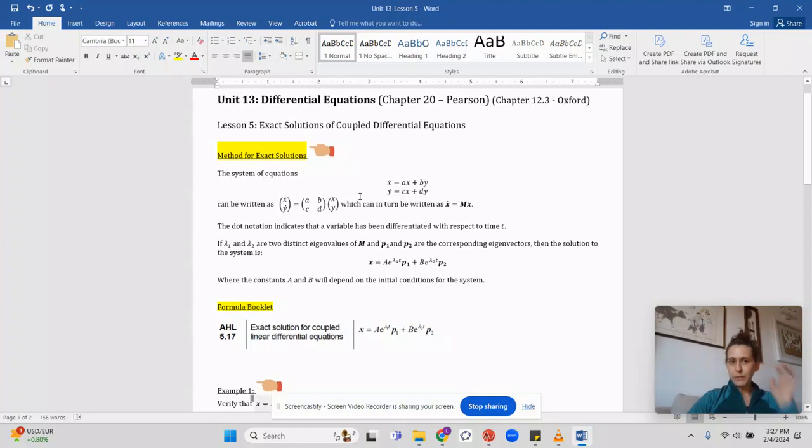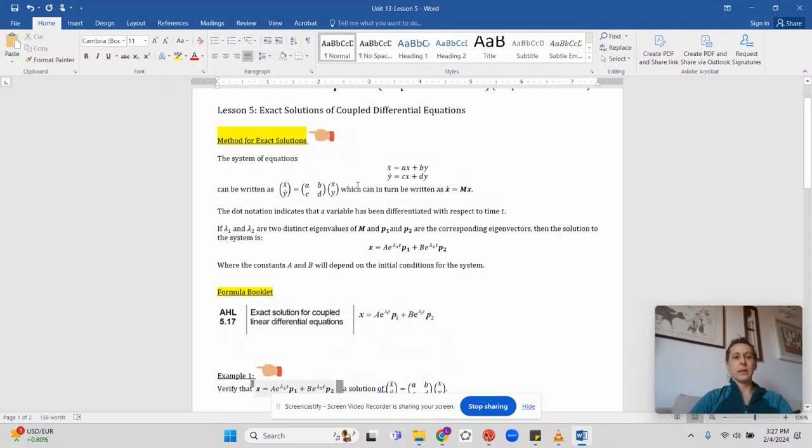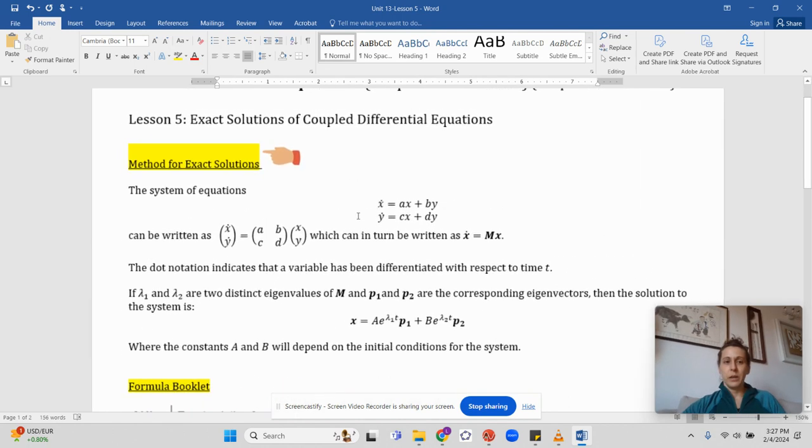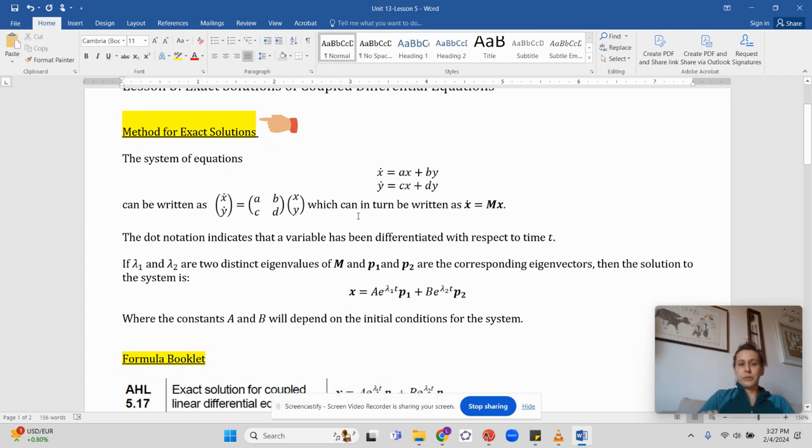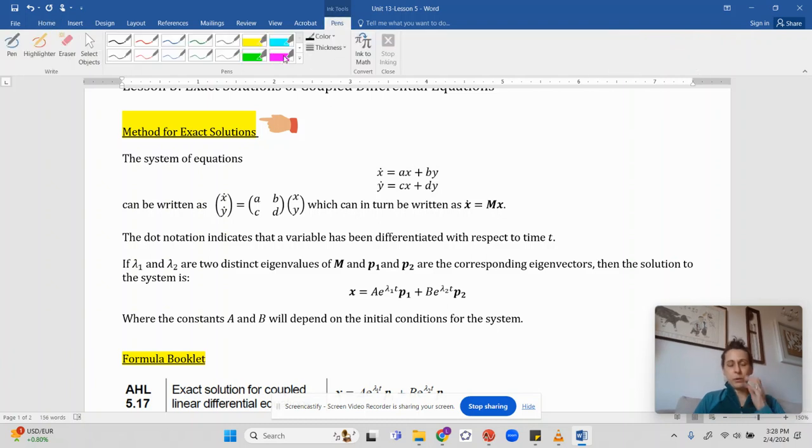Okay, so lesson 5, we're looking at finding exact solutions for coupled differential equations. So in our course, we learn how to find solutions to differential equations that are in this very particular form. We need to talk about a couple of things notation-wise to start with, and that is that the x